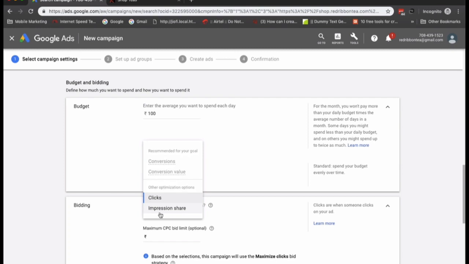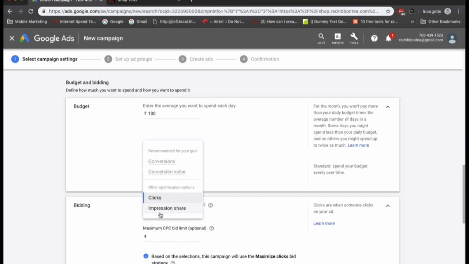So the next important part is the bidding strategy. If you look at the frozen screen, I'm showing you the different bidding strategies which are available. In our case, since our goal is to get maximum sales, the bidding strategy by default is to select for clicks, and you have one more, which is impression share.